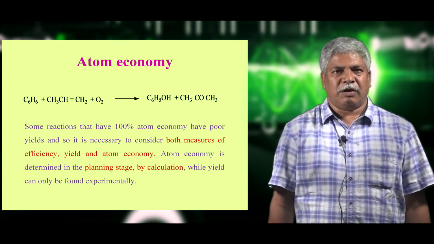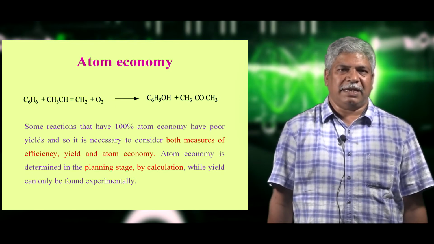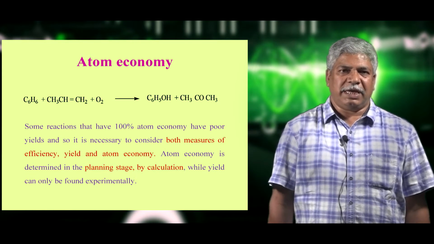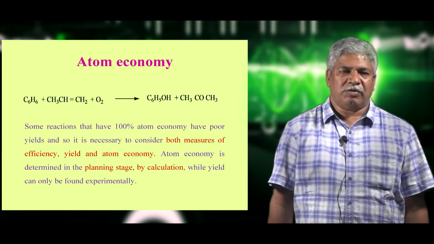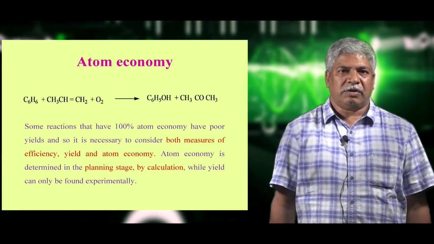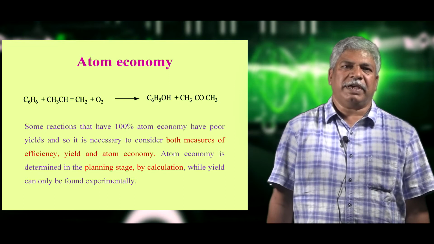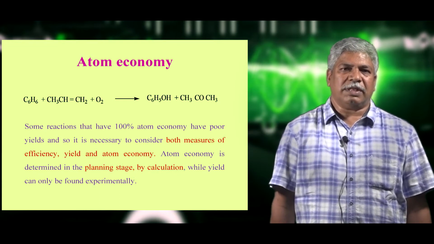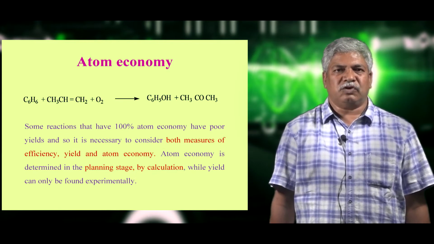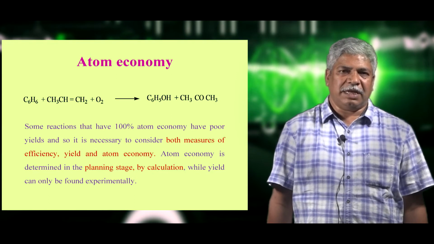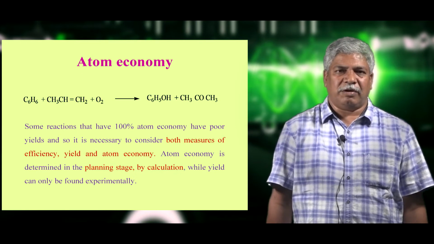Here the molecular weight of phenol is 94, whereas the molecular weight of benzene is 78. Further, we should take the molecular weight of oxygen, 32, and propylene, 42, into consideration. Likewise, on the other side, the molecular weight of acetone is 58. If we calculate the total molecular weight of the reactants, it comes to 152 grams. Similarly, if we see the products, the sum of the molecular weights of acetone and phenol put together